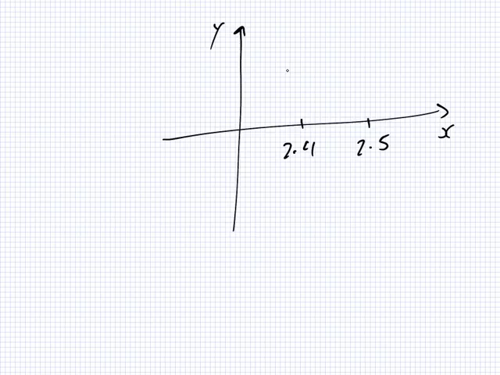If you calculate y at 2.4 and get a positive, and calculate y at 2.5 and get a negative, there must be a root in between because it must cross the axis in between the two. So in other words, if the signs are opposite,